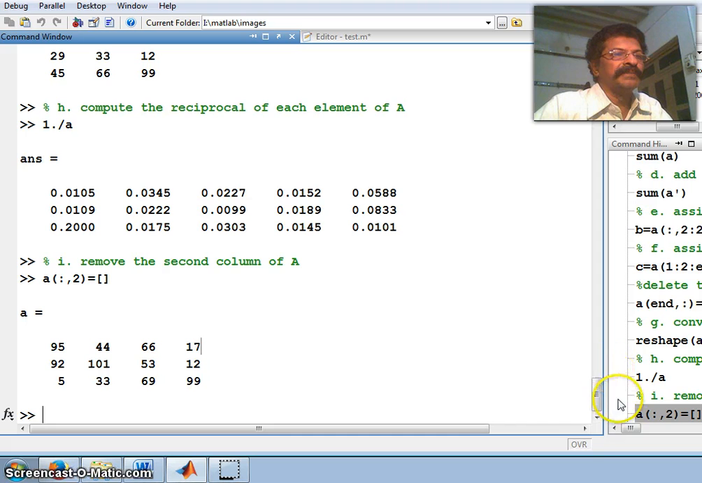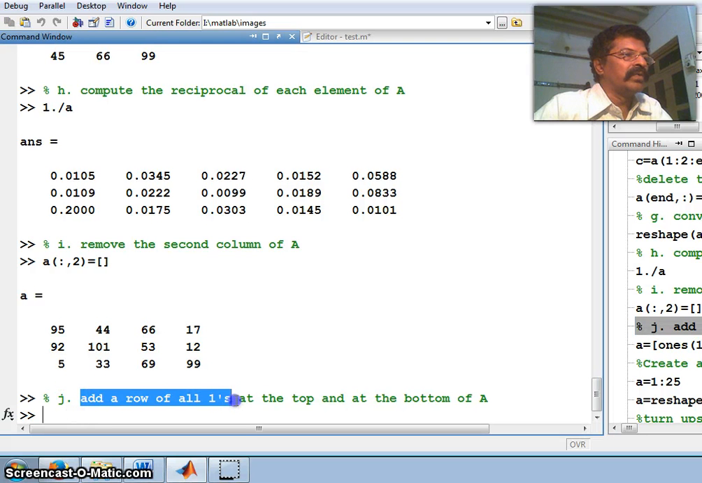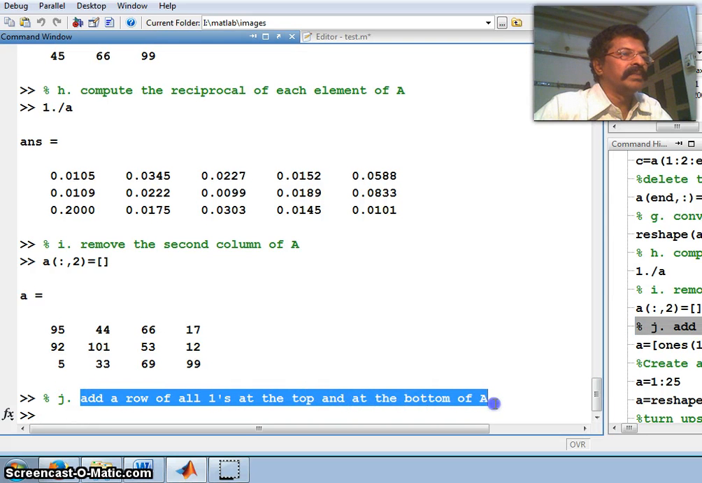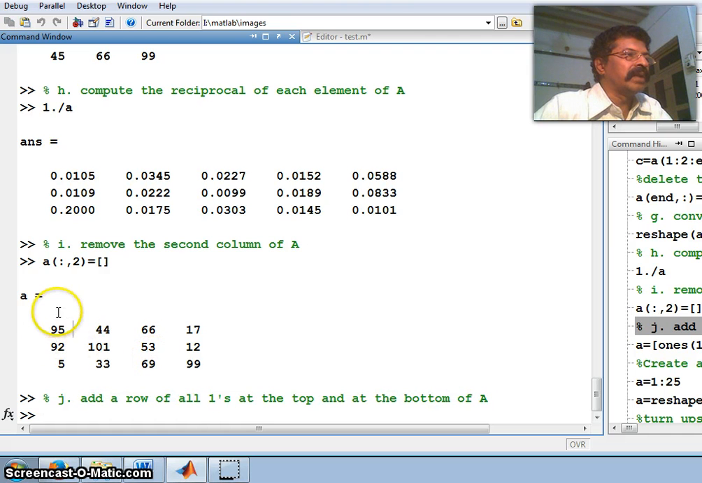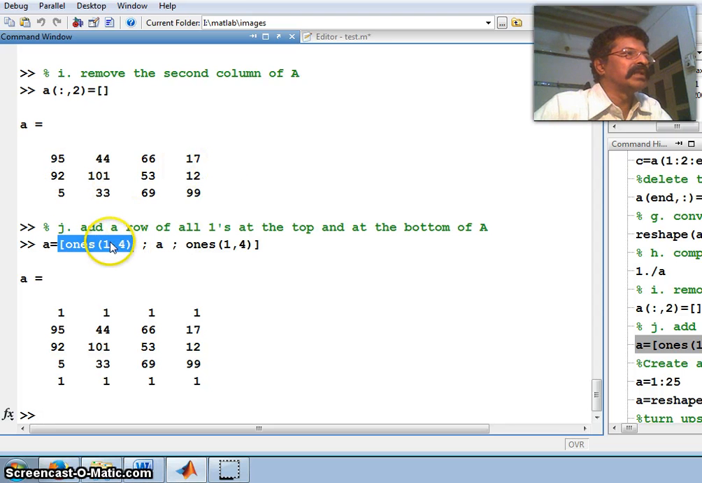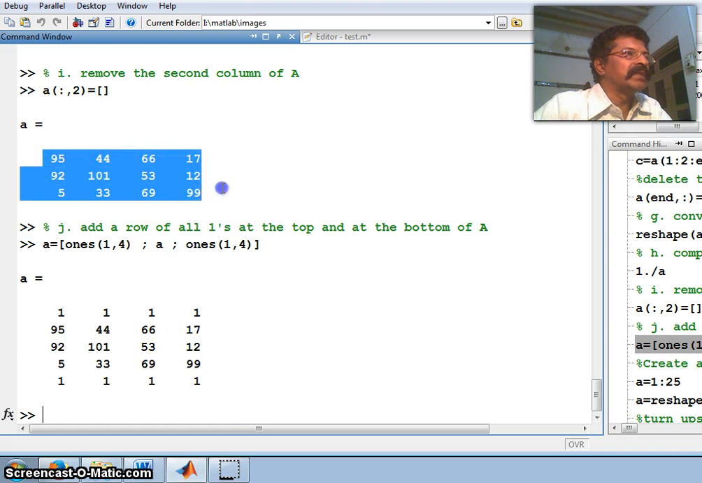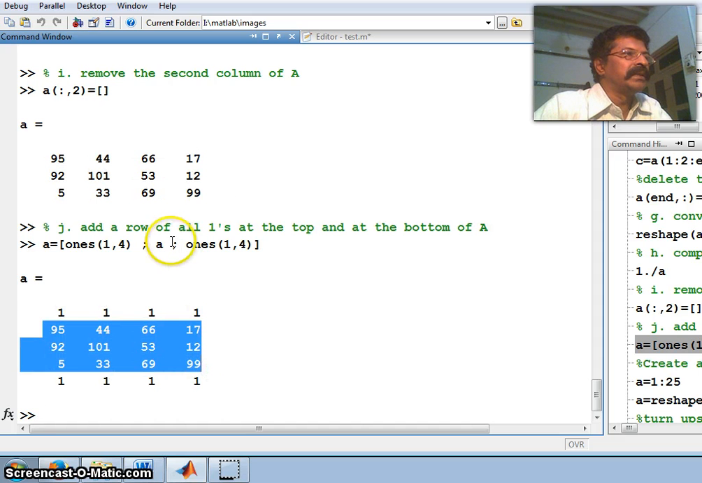Right, the next question is, add a row of all ones at the top and ones at the bottom of A. That is, I have to add 1s here at the top, and likewise 1s at the bottom. So here I can use this command, A equal to ones of, how many columns are there? 4 columns. Therefore ones of 1, 4 will give me 1s. Then I put a semicolon, therefore it is the next row. Then I put the matrix A itself, therefore this matrix A is repeated. Then in the next row,